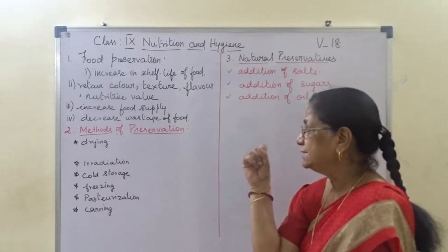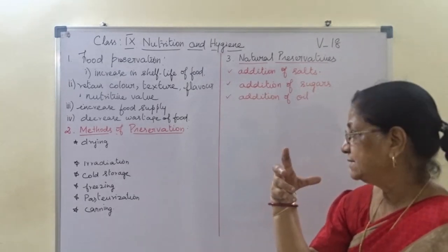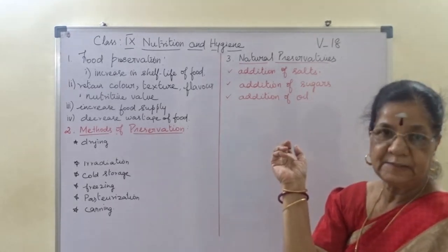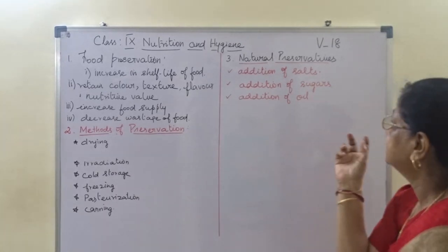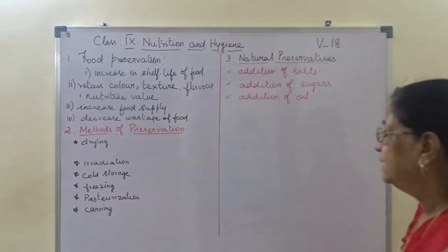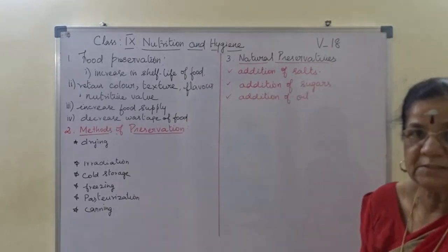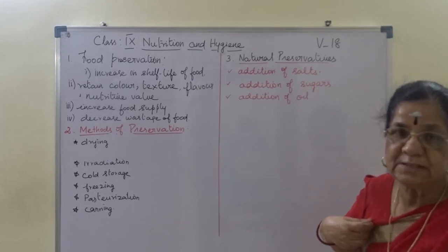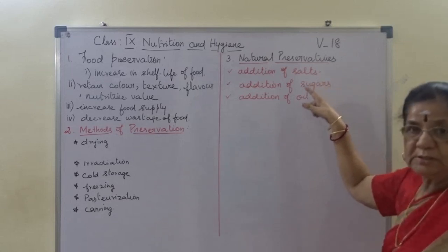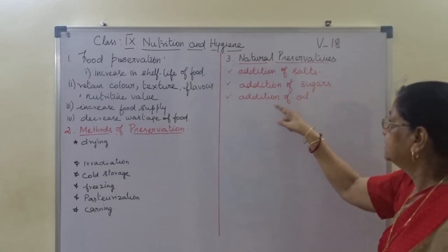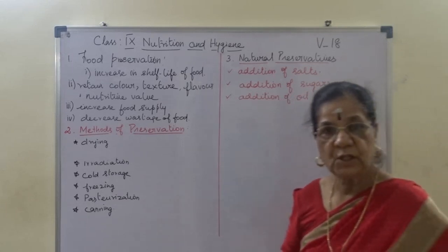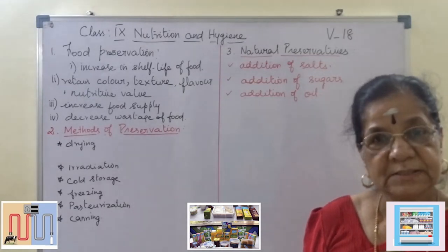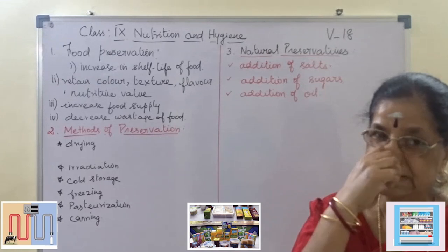So the methods of preservation: drying, irradiation, cold storage, freezing, pasteurization and canning. I hope you understand. The next is natural preservatives. இதெல்லாம் method of preservation நம்ம படிச்சாச்சு. Now natural preservatives. As such, food can be preserved by addition of salt, addition of sugar, addition of oil. Addition of salt நமக்கே தெரியும், இந்த உப்பு ஊறுகாய்க்கெல்லாம் உப்பு சேர்க்கிறோம்ல, that is addition of salt and it will preserve for